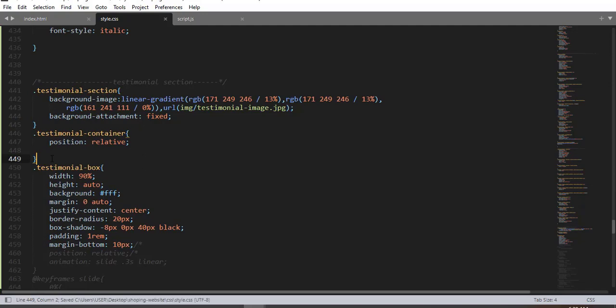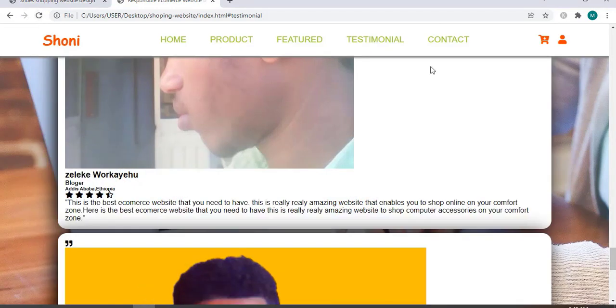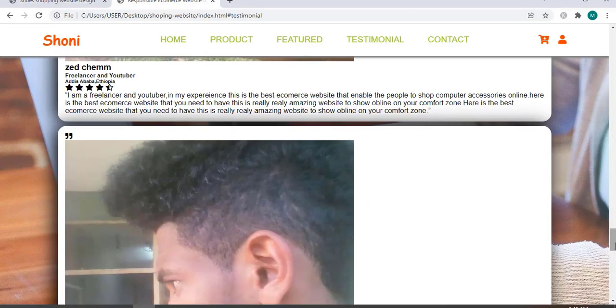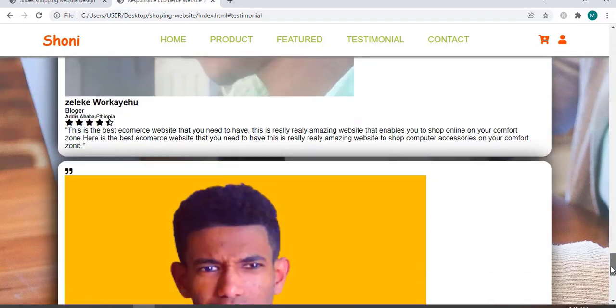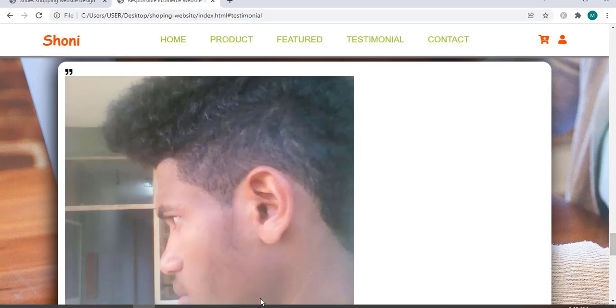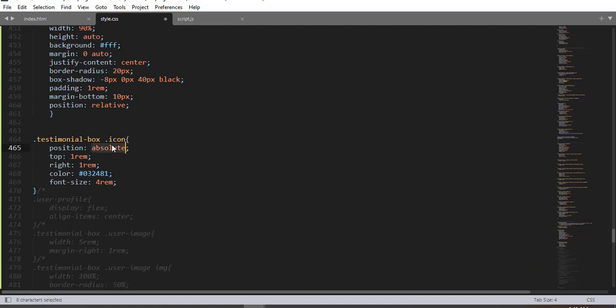And testimonial container position relative. So when I save and refresh, here we have, right? That's nice. Okay, so again using this class selector right here, first position relative. So for this icon, we have position absolute, top 1rem, right 1rem,